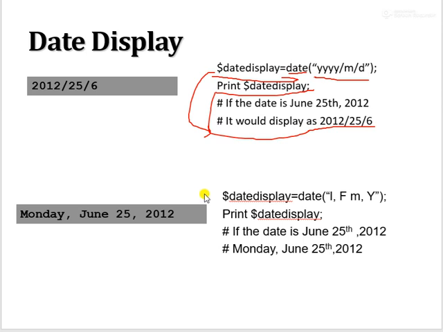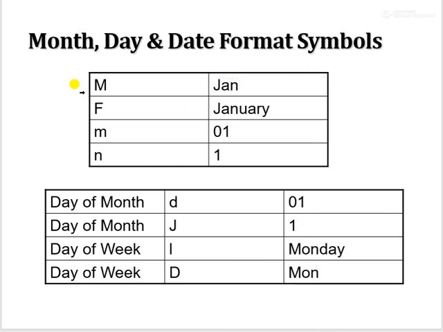Okay, there are other formats as well. Like here if we initialize date display with this format and we print date display, then it will first display the day, then month, and then the date, and then year. So there are so many other formats as well. Like here if we provide the input argument capital M, then your month will be displayed in the short format like this.